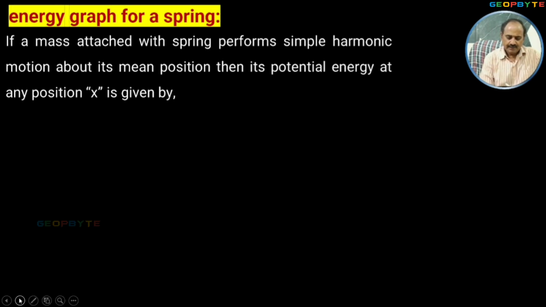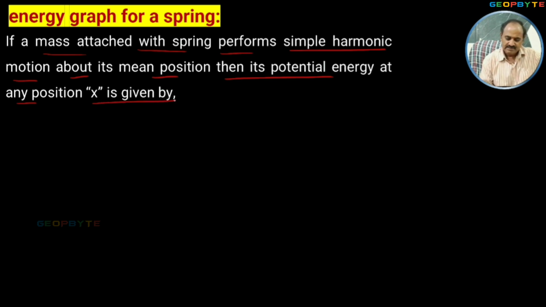Dear students, now let us discuss the energy graph for an elastic member like a spring. Look at the important point. If a mass attached to a spring performs simple harmonic motion, that is SHM, about its mean position, then its potential energy at any position x is given by,